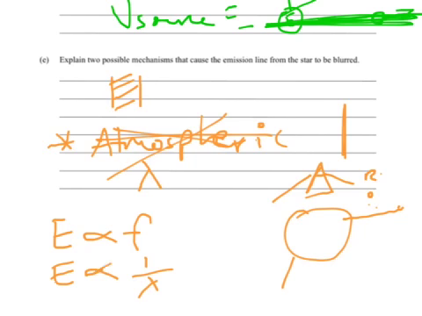So the only way to get different wavelengths is to get different energy levels. And remember, it's coming from electrons that are dropping down energy levels, and as they drop down, the energy they had is given off as photons of light. So you have to somehow change those energy levels, and the only way you can do that is through quite amazing effects. There's thermal motion of emitting atoms. There's